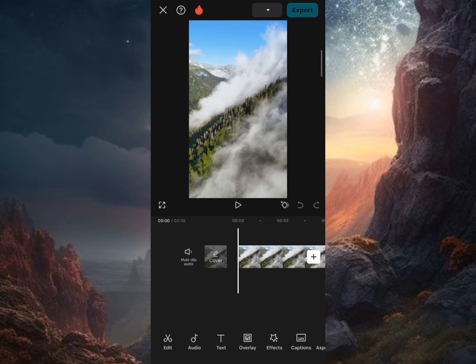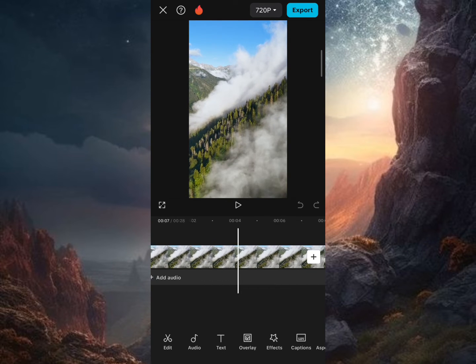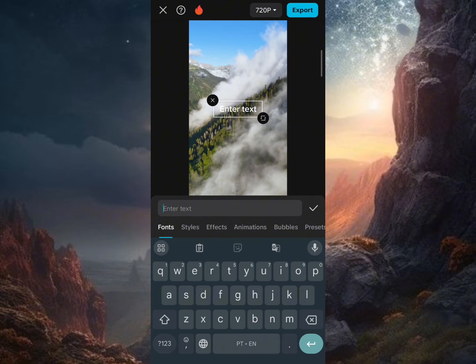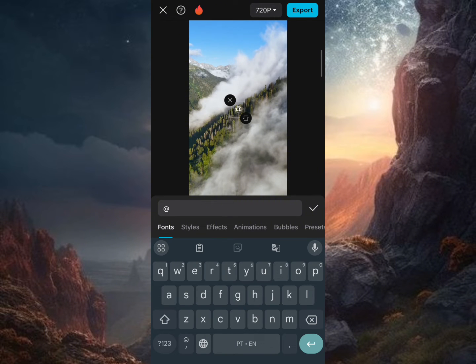As soon as we open the video, we can come across some options at the bottom of the screen. We see that the third option is text. Click on that option, and now click on add text. Now, you will basically put your channel name written on the screen. This watermark helps protect your video from duplication or unauthorized postings, indicating that you are the owner